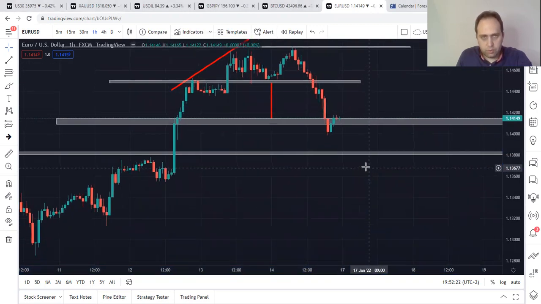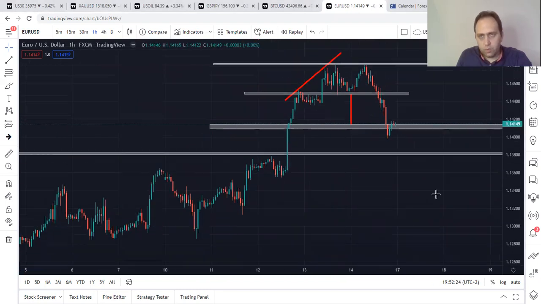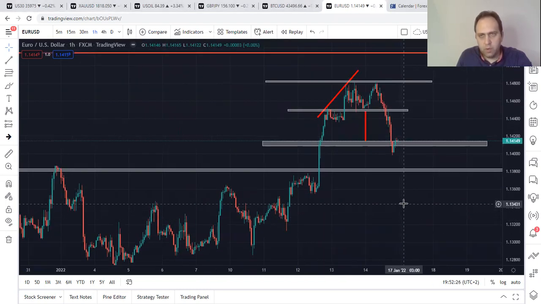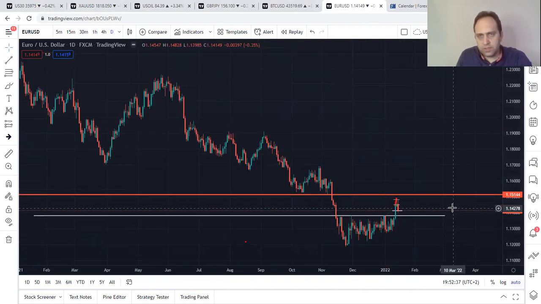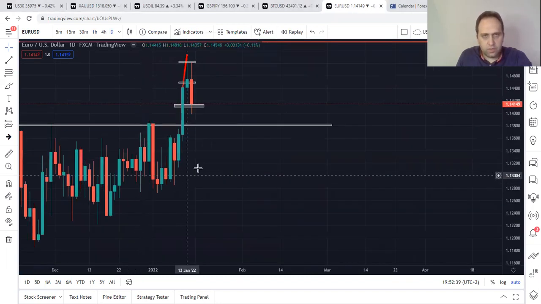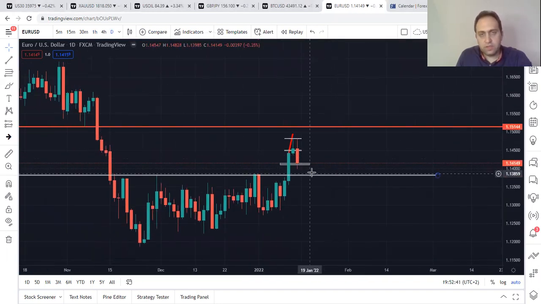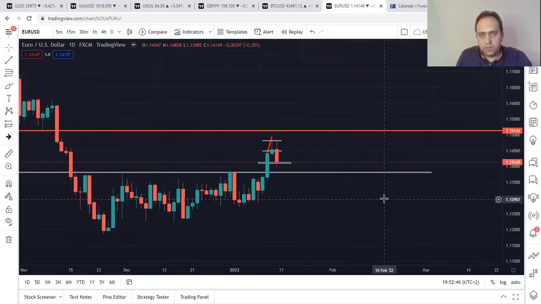So we have this support. Most probably I will hold for any sell now. The only way it can move up again is breaking 1.1489. If you go to the daily, you can see this reversal. It can be a full reversal and it can resume down. So if it opens a new candle and then moves up, then starts to move down,